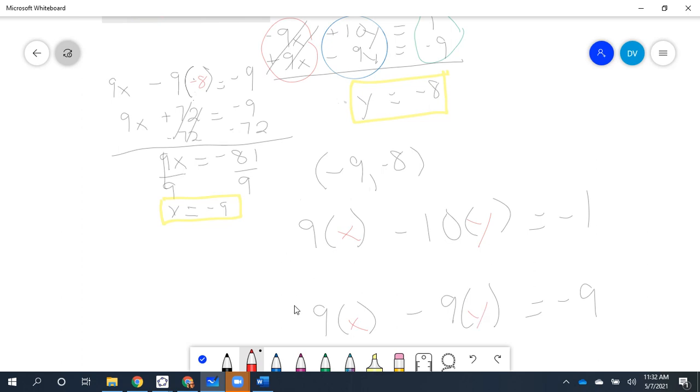So now we're going to erase and replace again. We're going to erase this x and change it to a negative 9. And we're going to erase the y and replace it with a negative 8. Let's see, negative 9 and negative 8. Okay. Negative 9 times negative 9 is negative 81. And negative 10 times negative